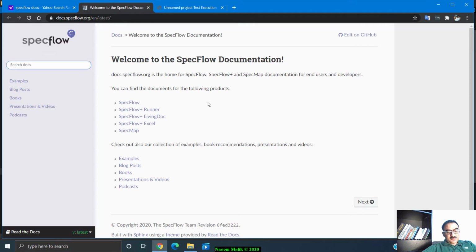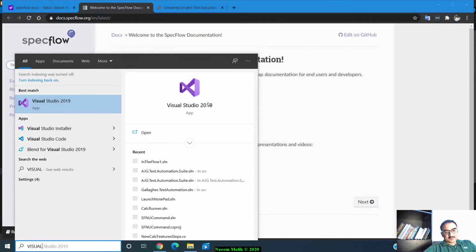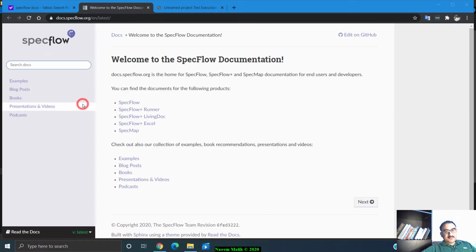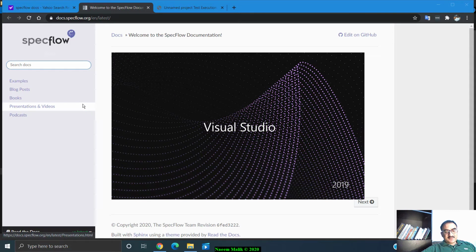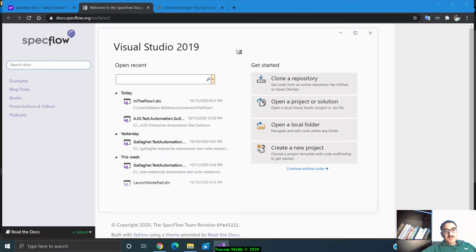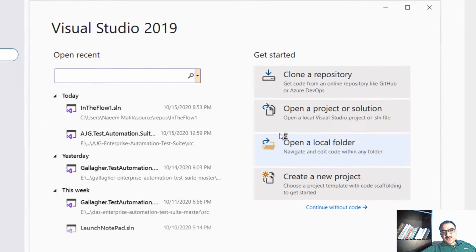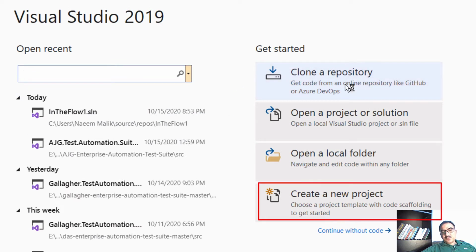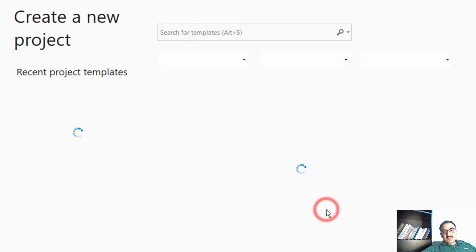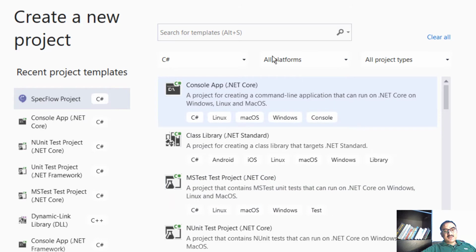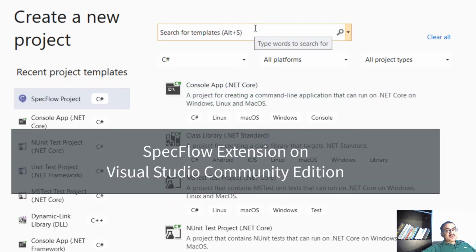Let me show you how I can use Visual Studio to create a project. The first thing which I'm going to do is create a new project. I will click on create a new project, and I have installed the SpecFlow extension on my Visual Studio.